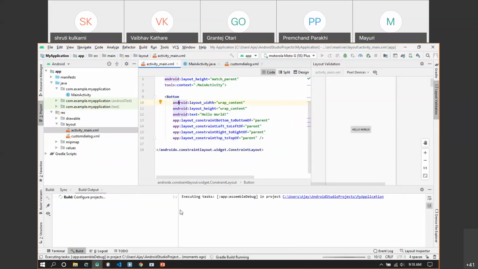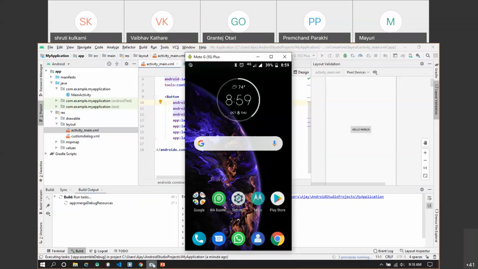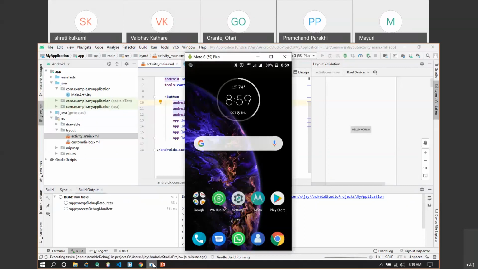Okay, now we know the initial app build will take some time, so we'll wait till the app is built. We have to wait till the Gradle build is finished.